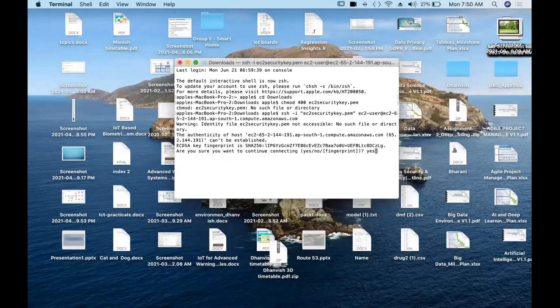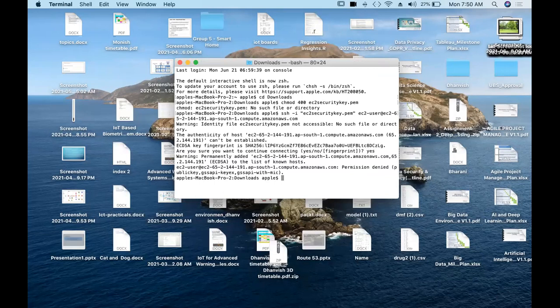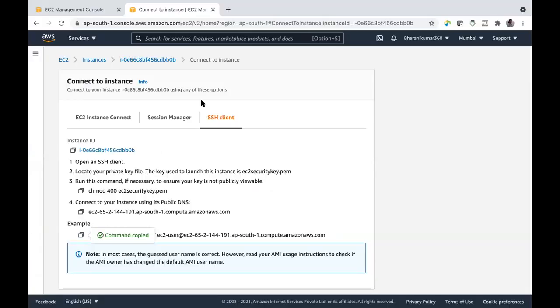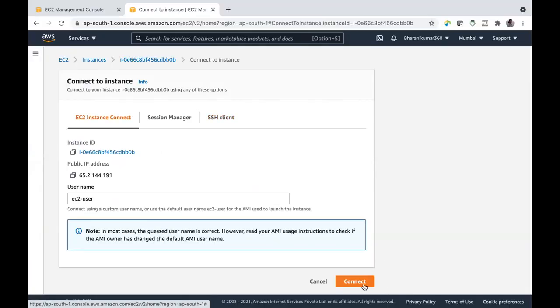You say yes, yes. What happened? It seems I don't have this keypair on this laptop, but this is the procedure. I created this EC2 instance on a different laptop and saved the keypair there, so I'm getting an error. Otherwise, I would be able to connect. For this AMI, you have an option of using the browser, so let us connect through the browser.